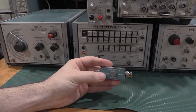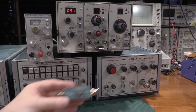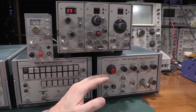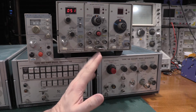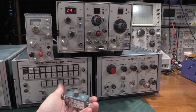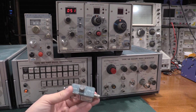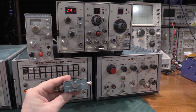So this is where the 106 and the PG 506 differentiate themselves. Not all 506s can drive one of these tunnel diode pulsars. The 106 absolutely can, no problem. There's plenty of current. Sometimes the others don't give you enough current to drive one of these. This is for faster rising edges than this can give. So you use these for faster than 100 megahertz. This is okay for 100 megahertz, just barely. Anything faster than 100 megahertz, you need